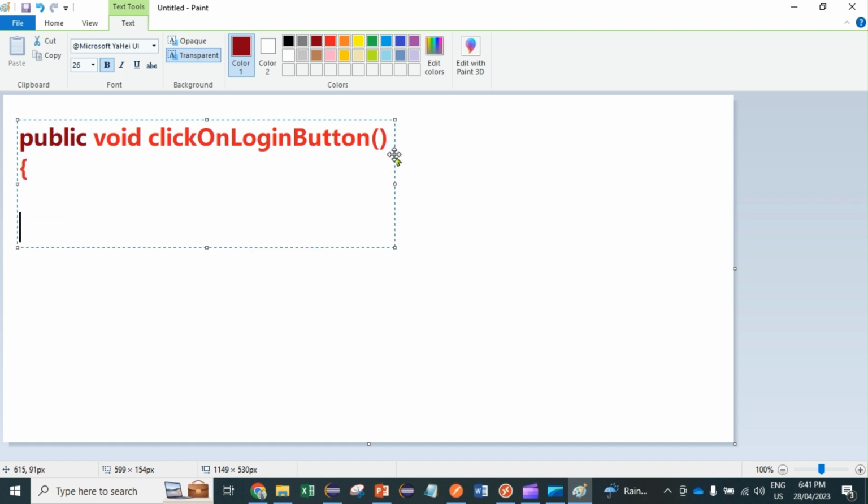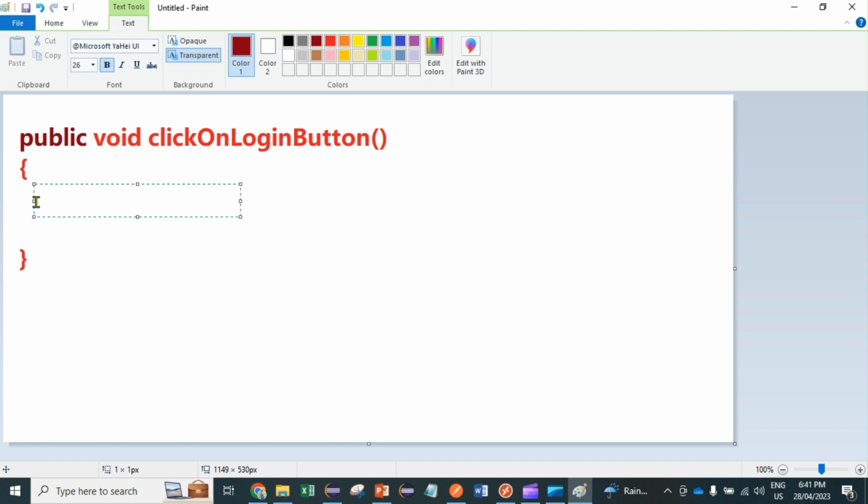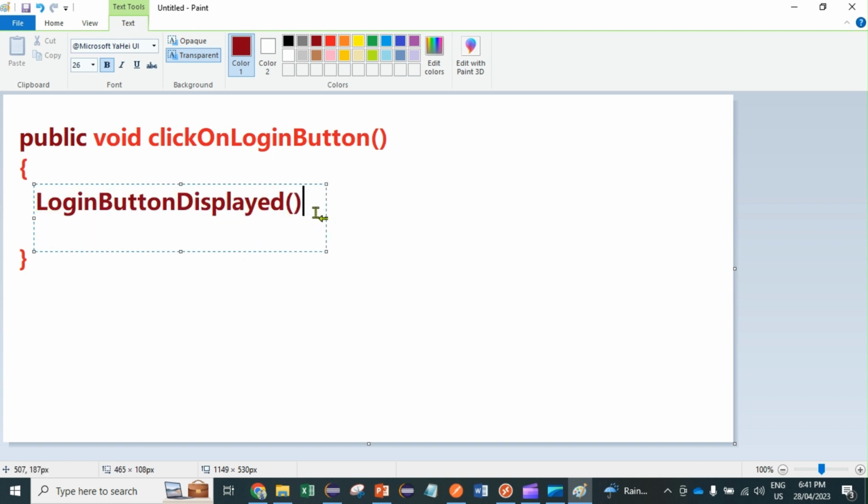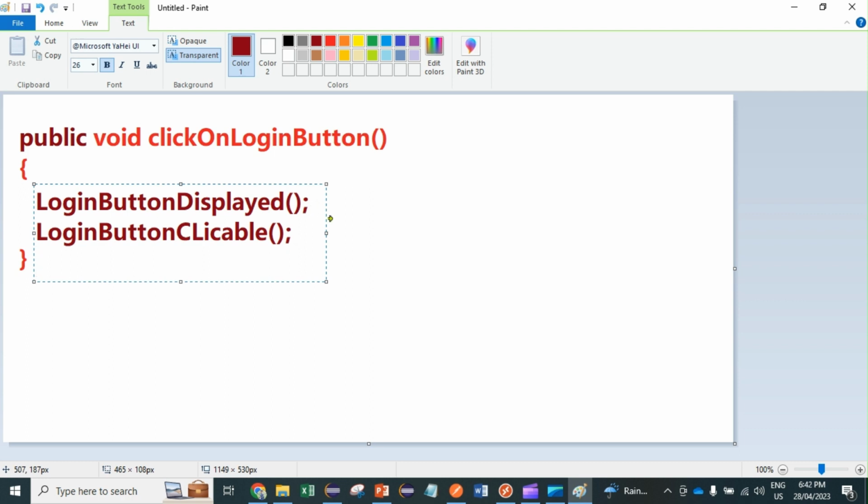So I will say all the methods over here: login button display, which will return true or false. Then login button clickable. So these are the two methods. Then perform login click.